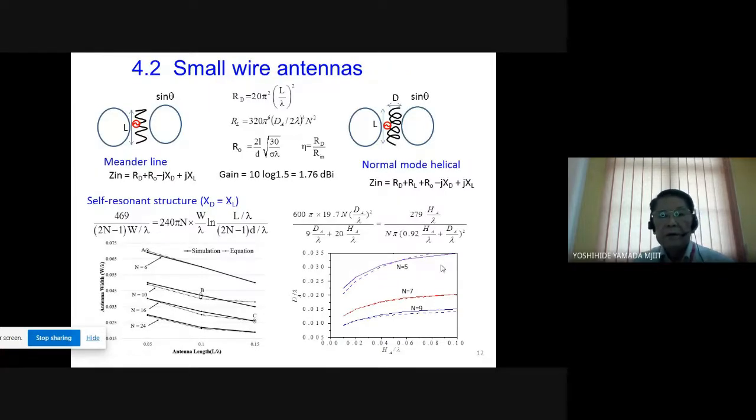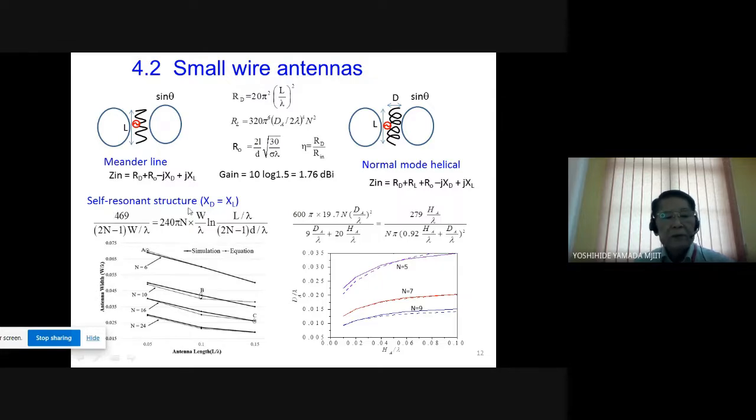So a little bit additional explanation for the small wire antenna that will be used as the embedded antenna in the human body. Meander antenna impedance is capacitive and inductive, and to cancel out